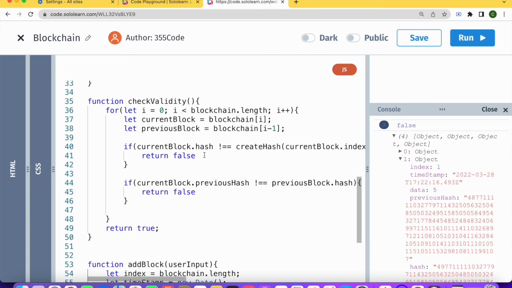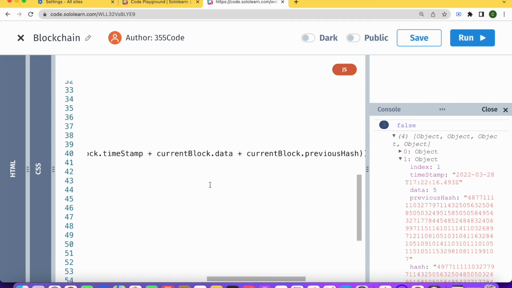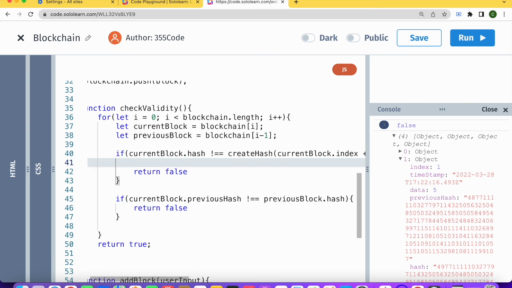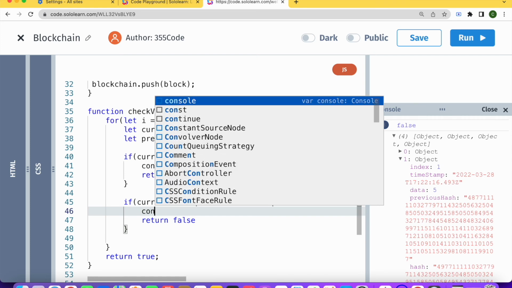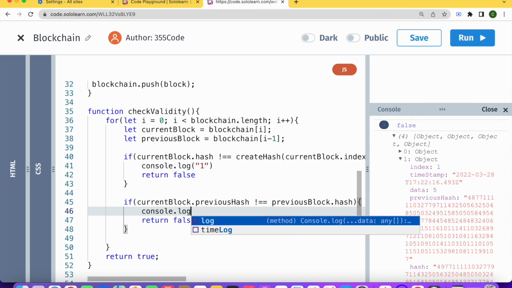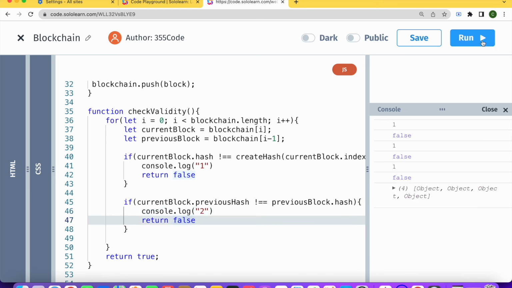right? And if that's true, we should enter false. So let's add a console to see which one of our if statements is returning false, because we have two statements here, and that can help narrow down our problem. So let's console.log 1 or console.log 2. Excellent. And now let's run. Right, so it's 1. So we're kind of failing here on